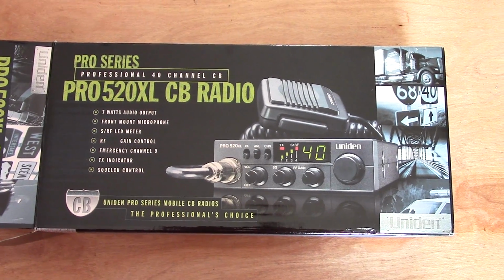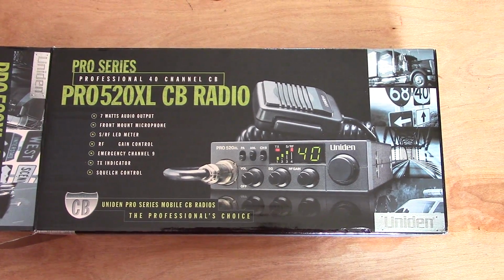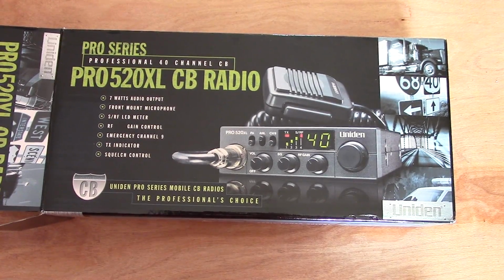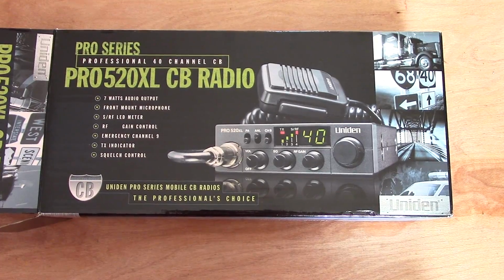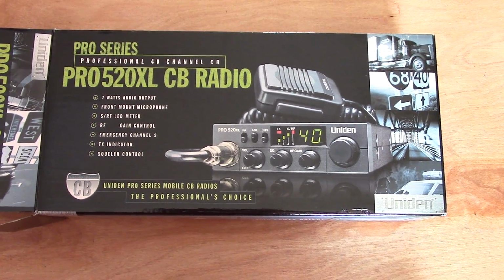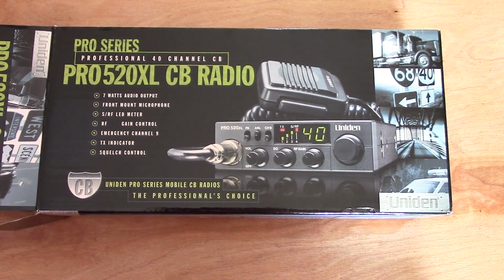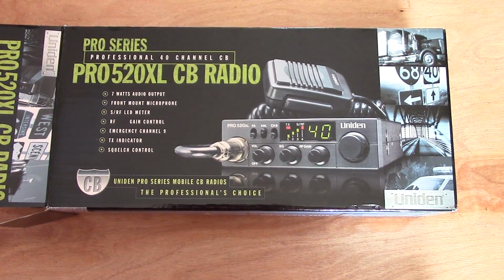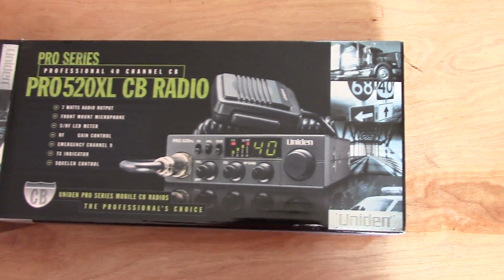I wanted just something to monitor what's going on when I'm driving and maybe talk to some buds. But I've always had a CB in my vehicles throughout the years, except when I was stationed in Europe, of course. And I find that truckers own the road, and it's almost like we're guests on the road when it really comes down to it. And if you listen to them and you know their jargon and lingo, you can pick up a lot of information. So this is what I got, and I'll show you the install